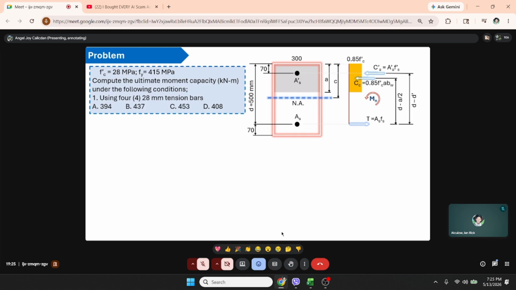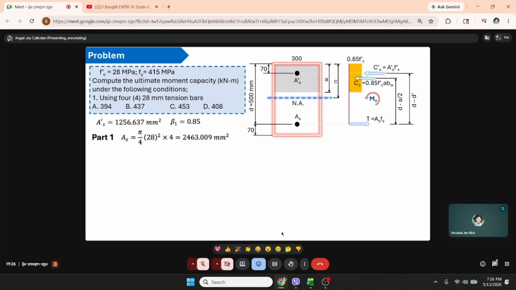So, for the first problem under situation, using 4 ka 28 mm tension bars, compute the ultimate moment capacity. So, AS prime kanina is 1,256. And since our FC prime is just equal to 28, our beta 1 will be 0.85. So, sa part 1, given ang 4 ka 28,